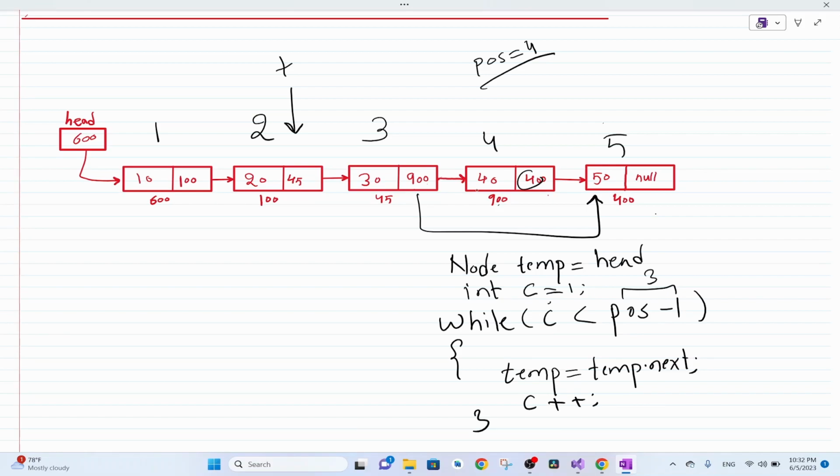Then next round of loop, counter becomes 2, 2 less than 3 condition is true. Temp becomes pointing to the next node. Again counter plus plus, count becomes 3. 3 less than 3 condition is false. We get out of the loop and we maintain a pointer to the previous node of the target node, which is this one. Then using this temp pointer, I can easily set